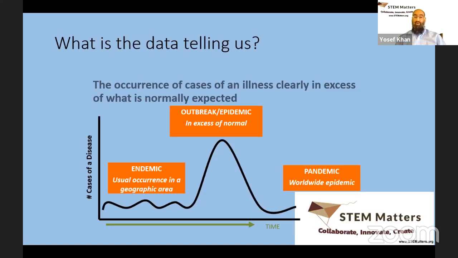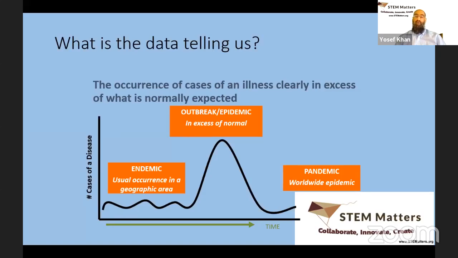An outbreak is where we have an excessive amount of cases of a certain disease. And so it could be related to food poisoning. 40 people went to a party, they all had the potato salad. The potato salad had some type of bacteria. Everybody ended up getting sick. That's an outbreak, a gastrointestinal outbreak in that area.